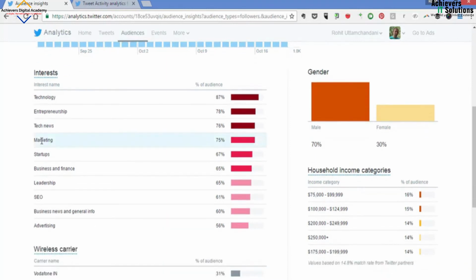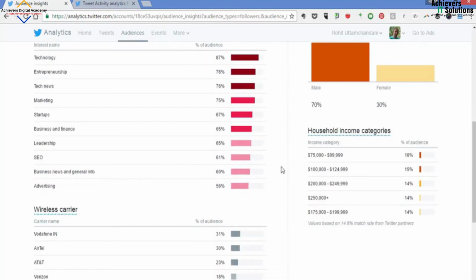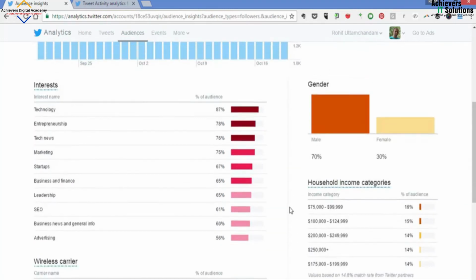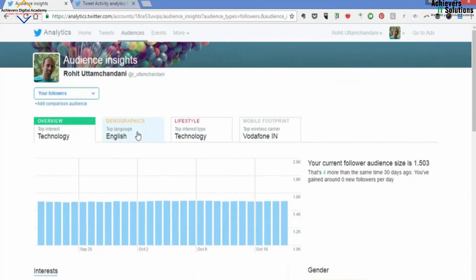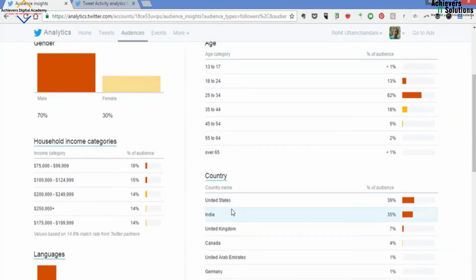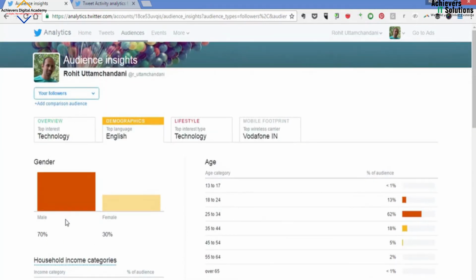Similarly, it tells you the gender percentage, male and female. This is relevant only to the US. If you have any followers from the United States, it will tell you their household income categories. This is not available for followers from India. Their careers, it gives you this data. You can see their demographics. What are their age groups broadly? Which countries are they from? What languages do they speak? You can also see their